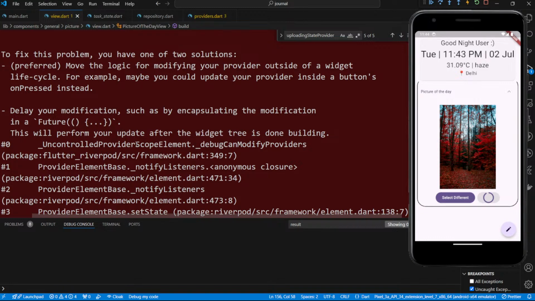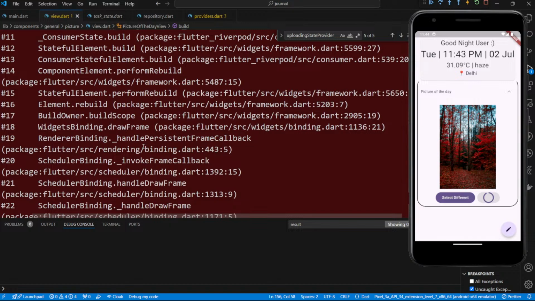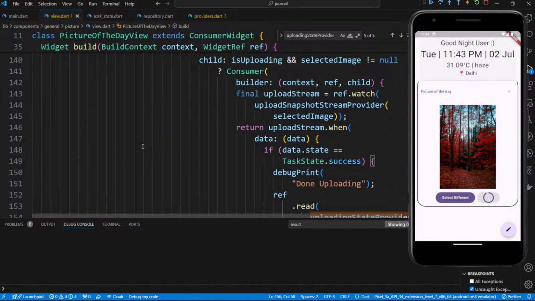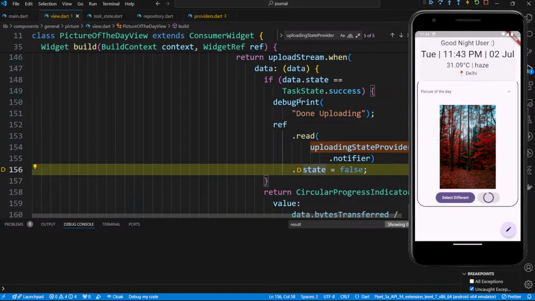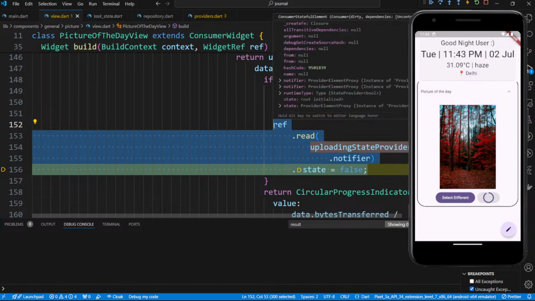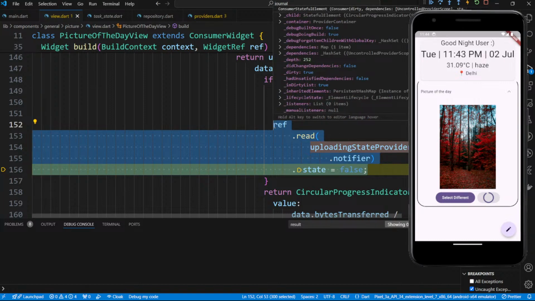Representing the future. Okay, this should perform an update after the widget is done building. So what the problem is, before the state was completed, since it's success, the stream is still running. We're trying to update the state inside it. So that is the problem. So what we can do is